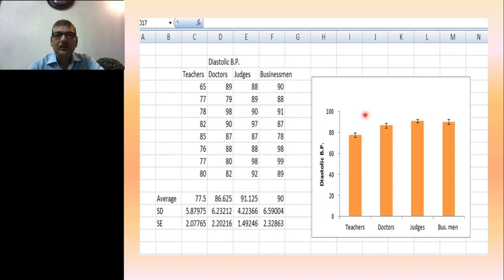But in this case the post hoc analysis has not been done, otherwise you could have been aware which of the two groups show significant difference. So we can say that these are the steps, and this is the utility of analysis of variance.